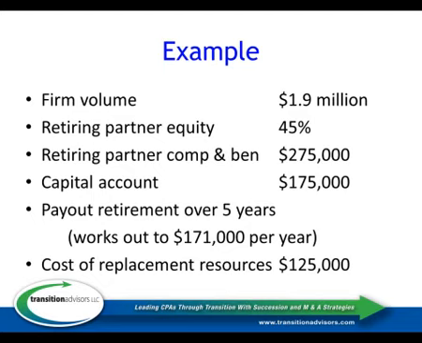Professional non-competes also depend on what state you're in. If you're in California or Georgia, for instance, forget it. On professional non-competes, you're not going to get one that's enforceable. But in most states you can have one, as long as it's a reasonable amount of time, say 2 or 3 years, and a reasonable geographic region, say anywhere from 25 to 75 miles from any office that the firm operates. Then you can say, if we're going to enter into this agreement to buy you out, you're not going to practice as a CPA in that area for that period of time.